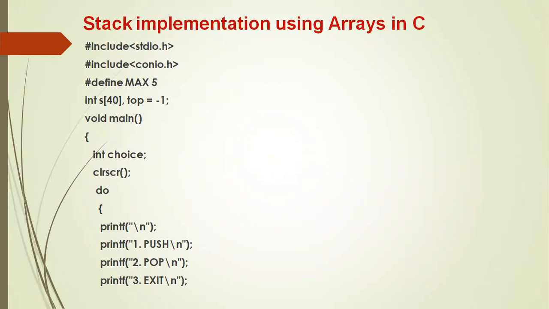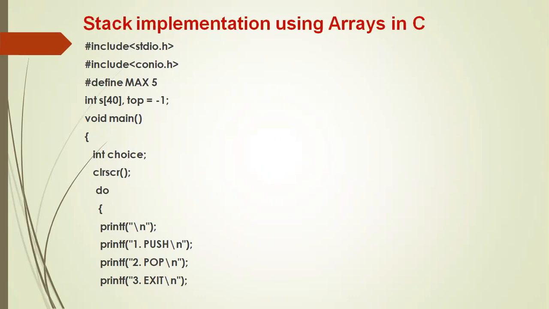If overflow is not there, it means we still have some space for adding a new element. In that case, you increment the top pointer because top value started with 0. But in the algorithm, we know that top position should be from 1, 2, 3 up to max. So increment the top pointer, then the corresponding element should be inserted in the top position. During pop operation, check for underflow. If underflow is not there, remove the element, then decrement the top pointer.